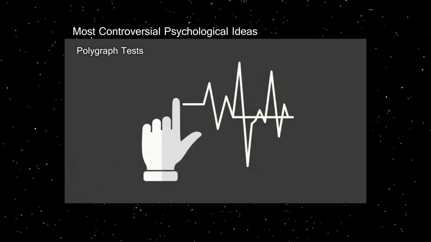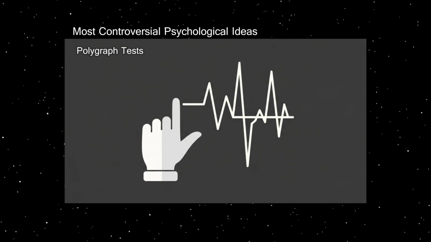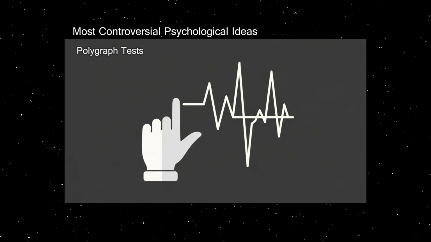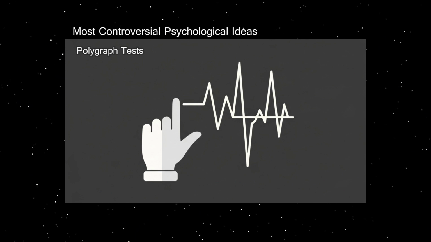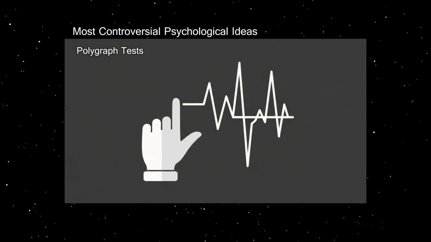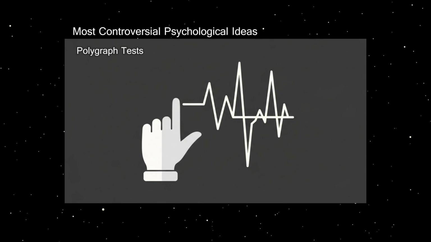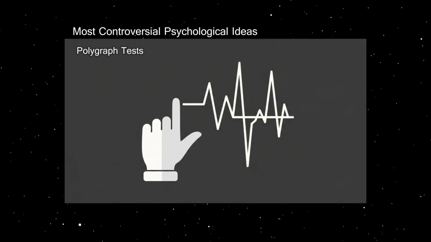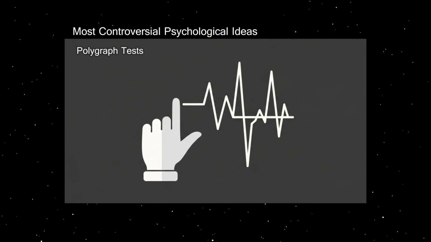This unreliability has serious ethical and legal implications. In many jurisdictions, polygraph results are inadmissible in court due to concerns about their scientific credibility and potential to mislead jurors. Yet, paradoxically, polygraphs continue to be used in law enforcement, government agencies, and employment screenings, often with considerable consequences